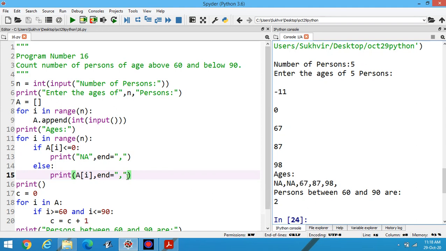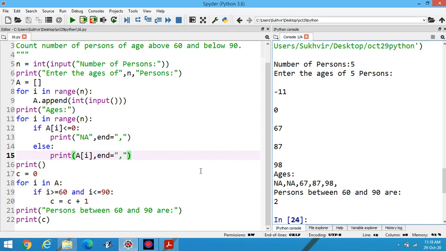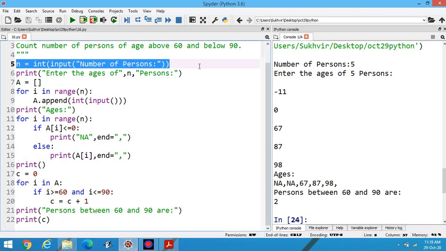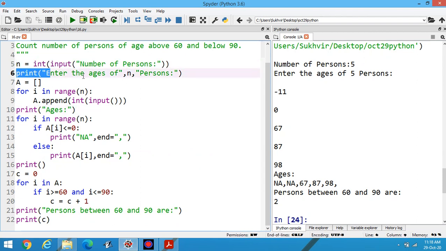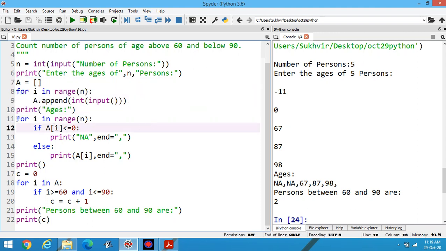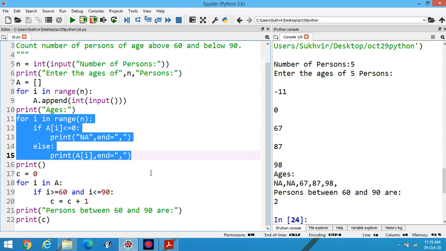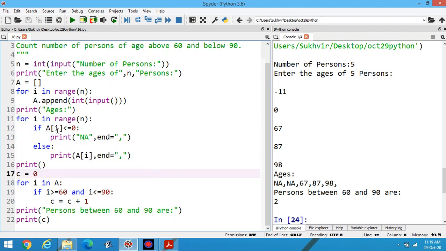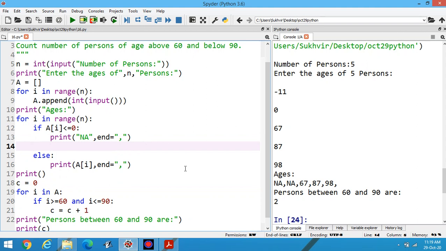This one is the complete program. I would like to repeat again. First of all, entry from the user side is there. Then enter the ages of the persons. With the help of this block, this for loop, I can enter the data from the user side. This one is the printing material, and the printing material should be like that. If a[i] is less than equal to 0, then not applicable. Or one more thing you can do. You can write